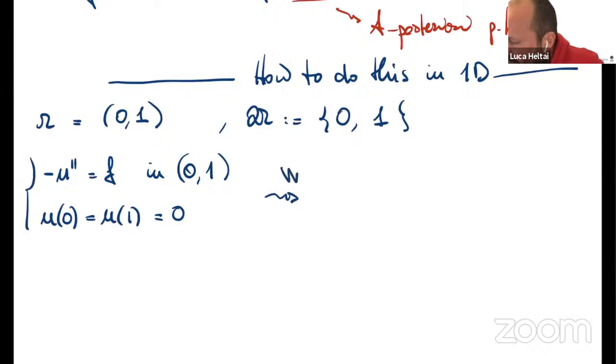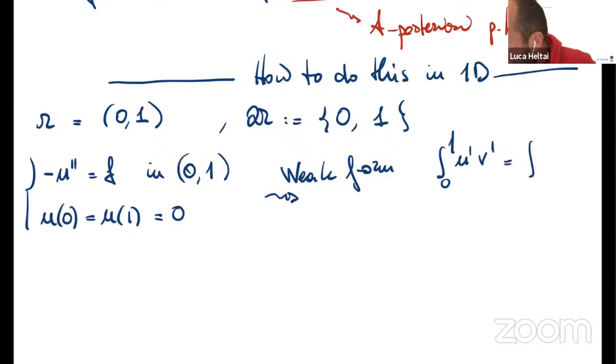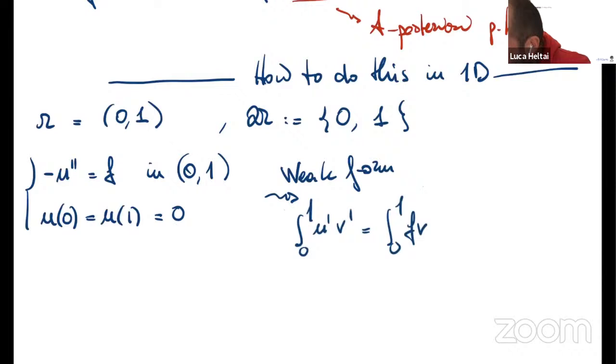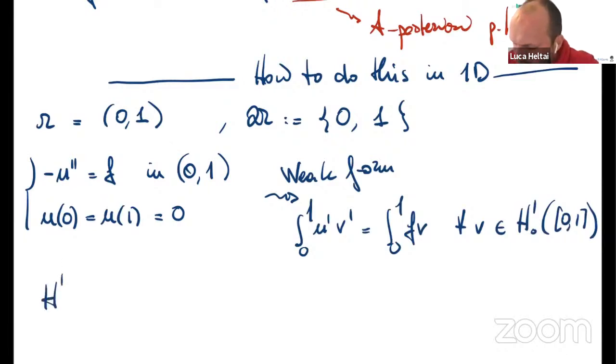And in weak form, I think you've already seen this in the past, so I'm going very quickly here. In weak form, this is equivalent to asking that the integral between 0 and 1 of u prime v prime is equal to the integral between 0 and 1 of fv for any v in a space. Let me just write the space quickly here. For any v in H10 of 0, 1, where H10 of 0, 1